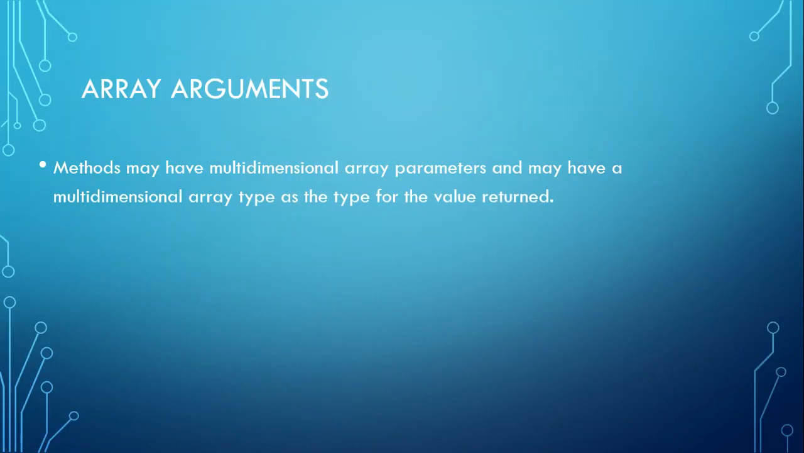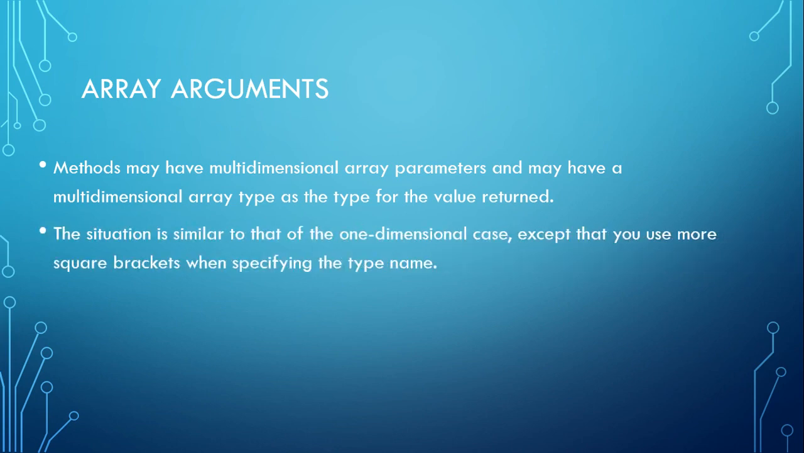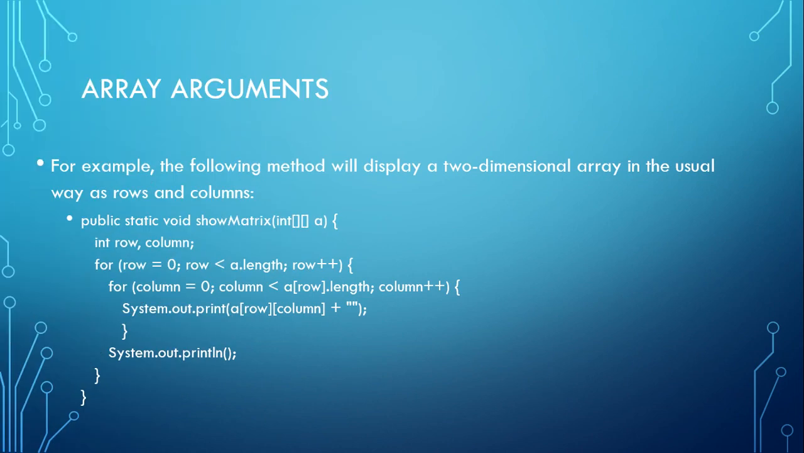Let's start off talking about array arguments. Methods can have multi-dimensional array parameters and may have multi-dimensional array types as the type for the value returned. The situation is similar to that of the one-dimensional case, except that you use more square brackets when specifying the type name. So, for example, the following method will display a two-dimensional array in the usual way as rows